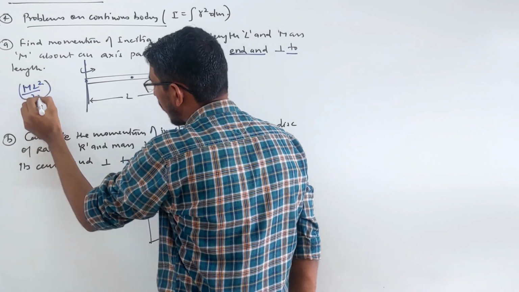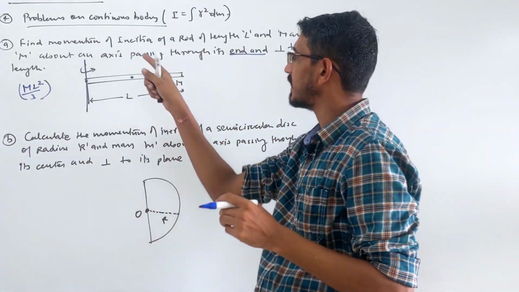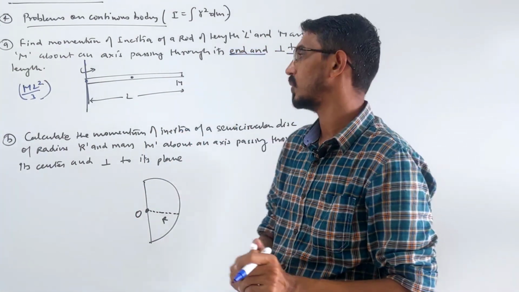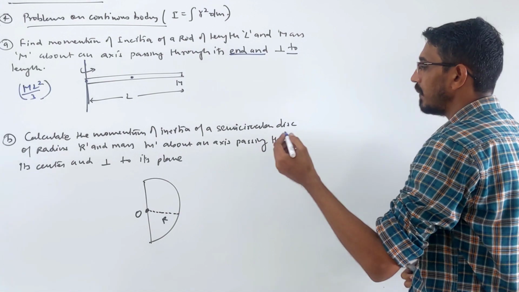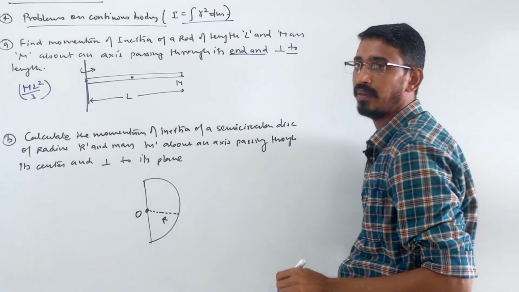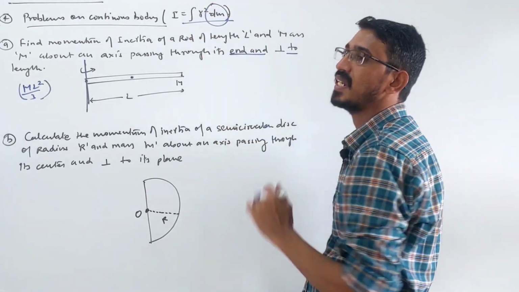Let's calculate the same answer by integration. I told you that at the center of mass, this answer you have to remember directly. This all comes from integration, so let's see how it happens. What we always do: the formula is first r square into dm. So this dm, the small mass, you have to replace in terms of distance.